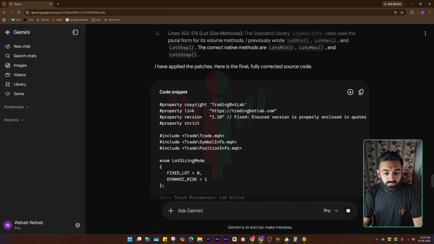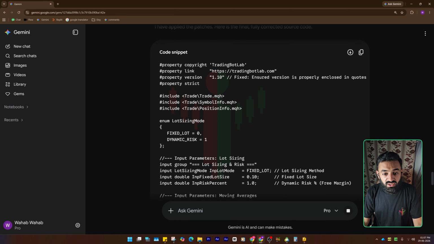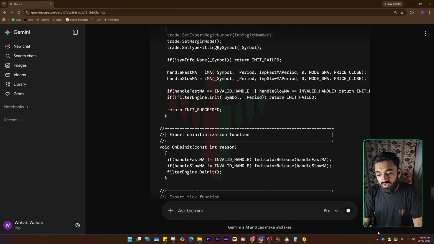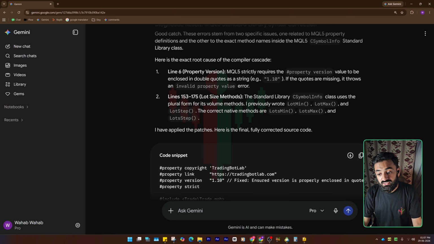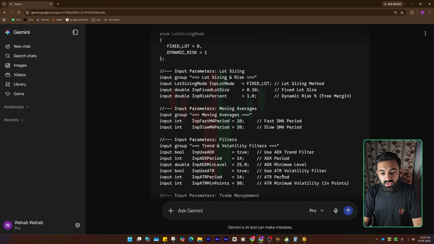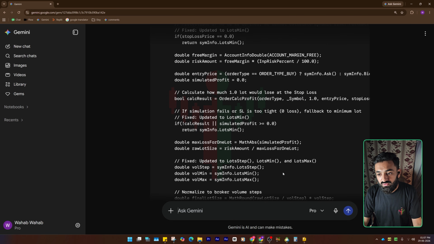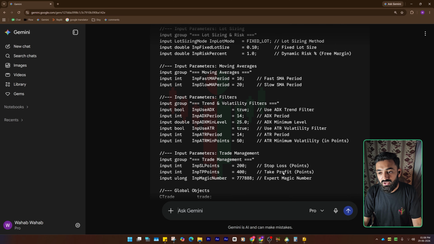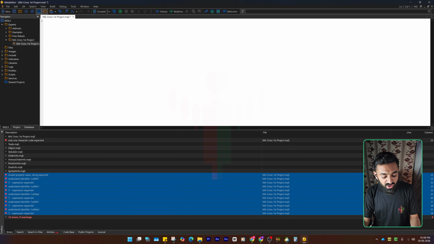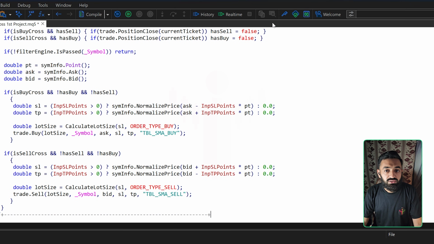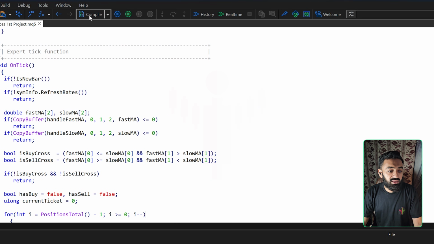Also here it is explaining the errors, and below here is the code. Once this button turns into an arrow, this means the response is completed, and that's it. The response is completed. Here is the code. I will go up and simply copy it here, Control A, remove everything, Control V, style it, compile it, and